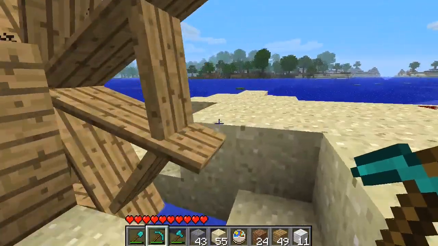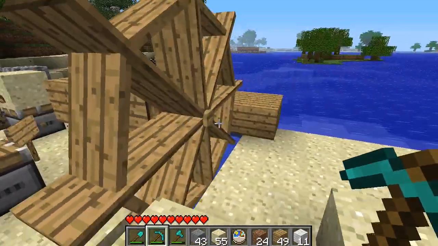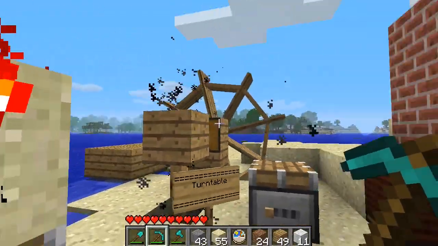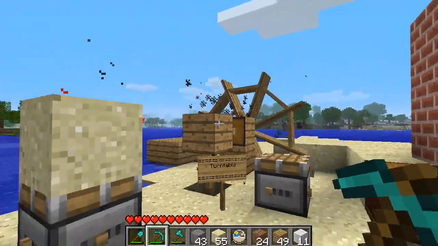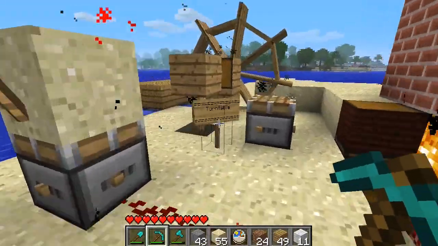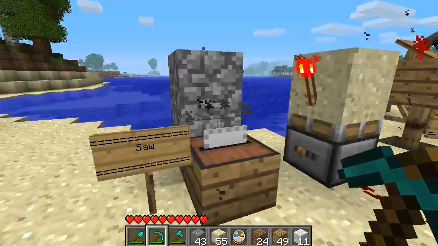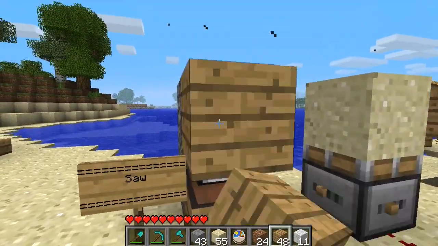And so you can see I have a water wheel back here. So that water there is flowing and it's powering this wheel. And then that wheel's connected to all these gearboxes and axles and everything, and basically they're powering everything else you see here. And so there's a turntable that'll actually rotate blocks. There's a saw, and the saw is actually very useful. Say if I take a wood block and put it on top of it,